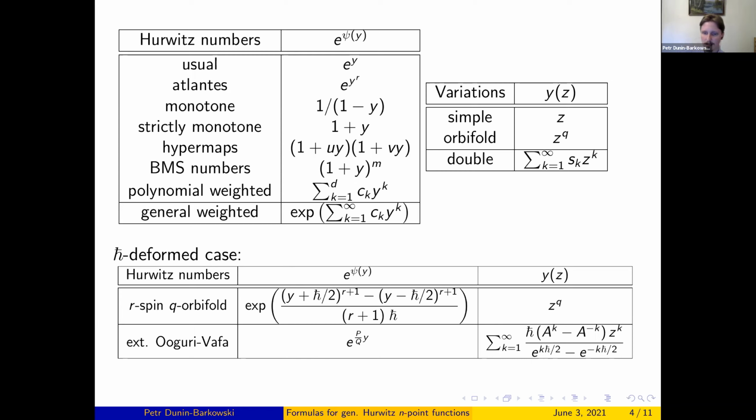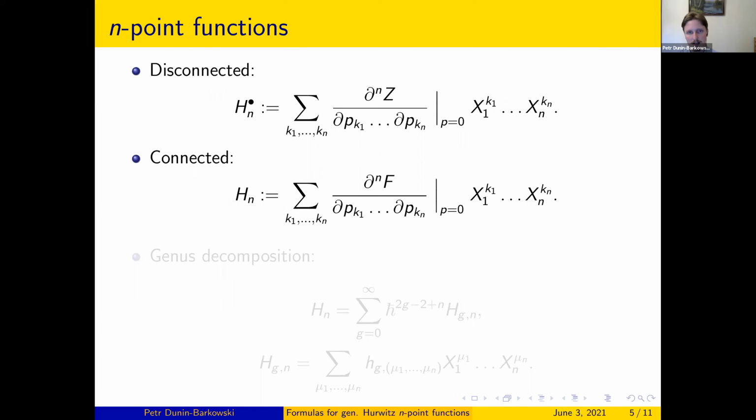Basically, every type of Hurwitz numbers so far studied in relation to topological recursion can be included here. Now, what will our statement be related to? The statement will be related to the n-point functions. So what are the n-point functions? Basically, they are